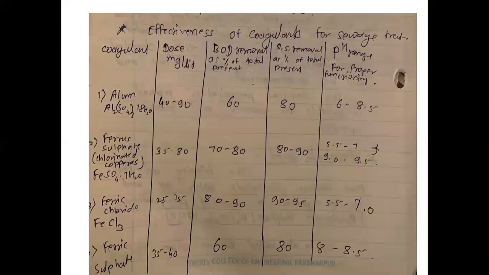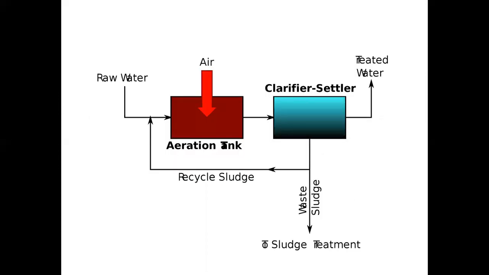Okay, we'll continue. Next point, a very interesting point I'm going to explain now. Let me drop a message in the box. Okay, what is that interesting point? It is the activated sludge process. We can say it is ASP, usually using that short form. What is the activated sludge process? Now we'll see.